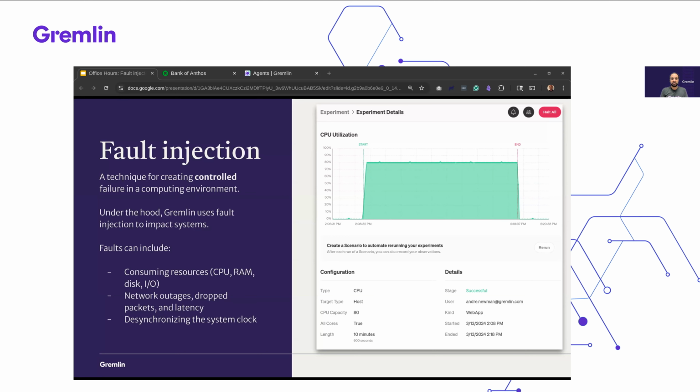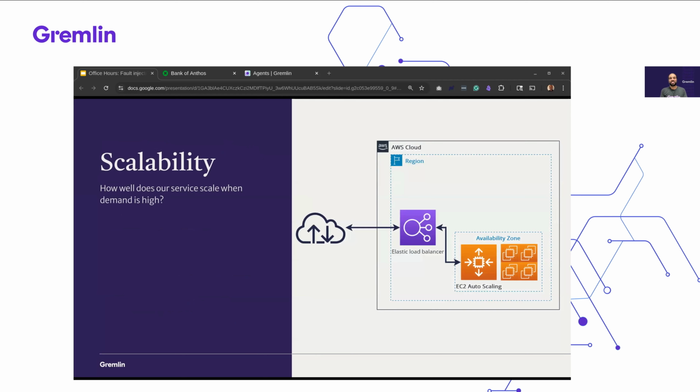There we go. Sorry. So let's take this idea of fault injection and apply it to something like scalability. So the main goal of scalable systems is, of course, to adapt to changes in demand. So if we suddenly find ourselves with a bunch of incoming user requests, more than our systems can currently handle, we want to be able to dynamically add or remove enough capacity to handle them all as demand increases and